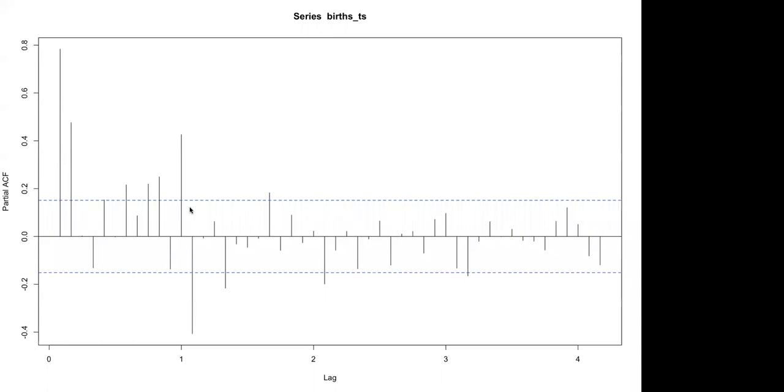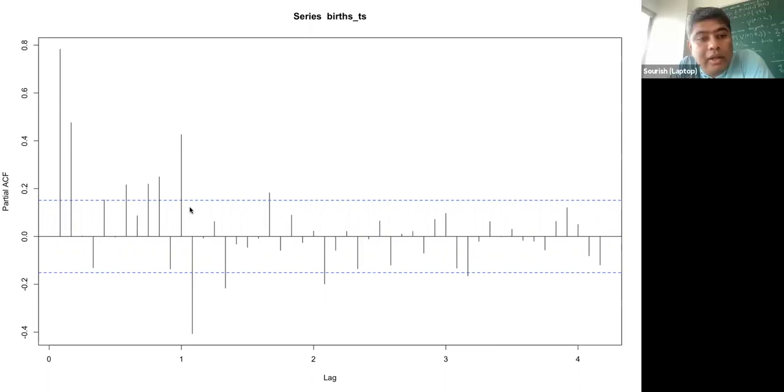At different lags, what is the correlation between two points in the random variables? Fine, that's perfectly fine. Now tell me, what do these two blue lines tell us? Anybody have any idea what these two blue lines are?